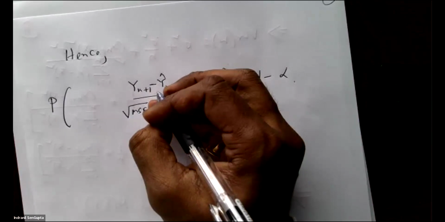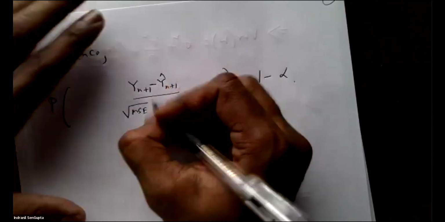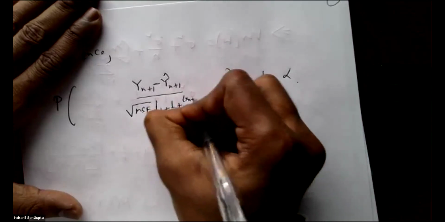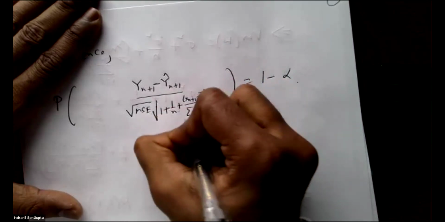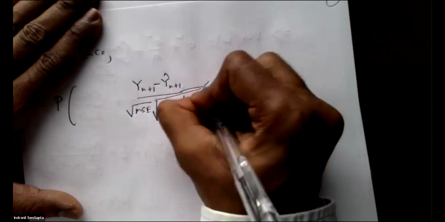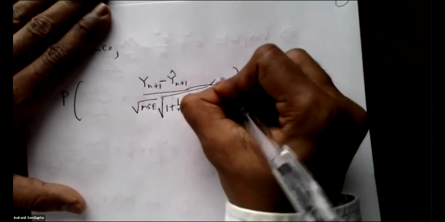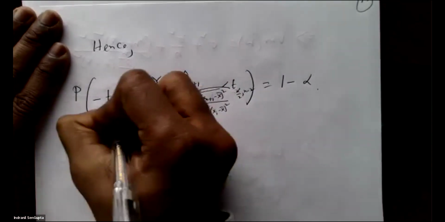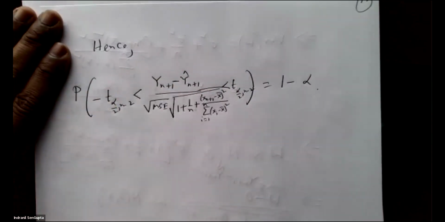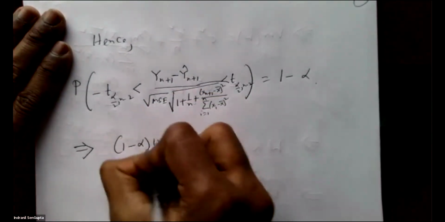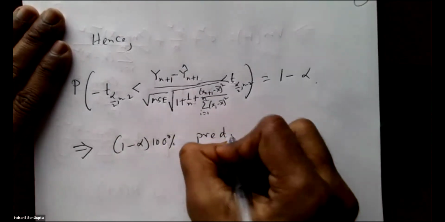Okay. So 1 plus 1 over n plus (x_{n+1} minus x bar) squared over the summation i from 1 to n of (x_i minus x bar) squared. So it has to be less than t of alpha over 2, n minus 2, because we have the significance level alpha, and bigger than minus t of alpha over 2, n minus 2. Okay. In other words, so 1 minus alpha, 100% prediction,